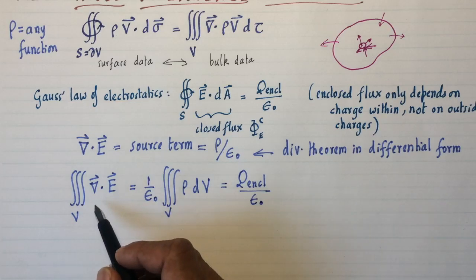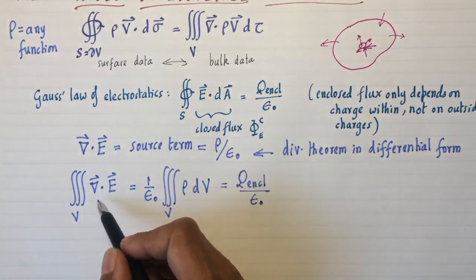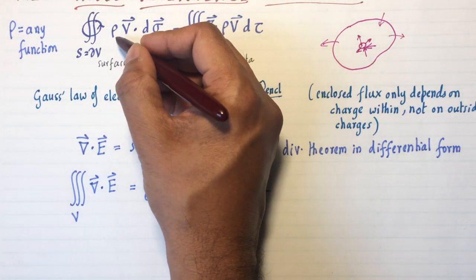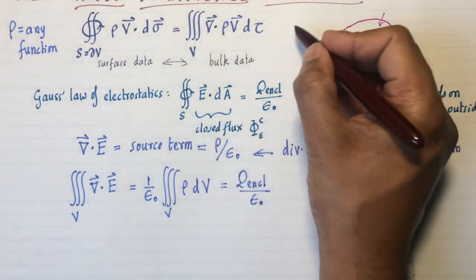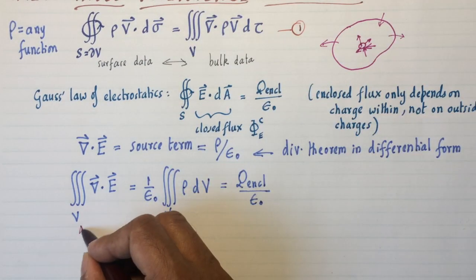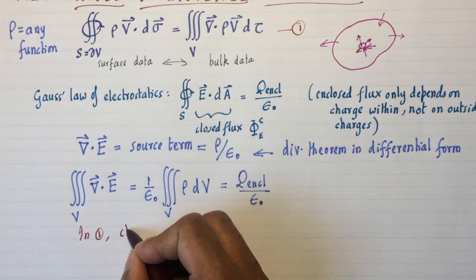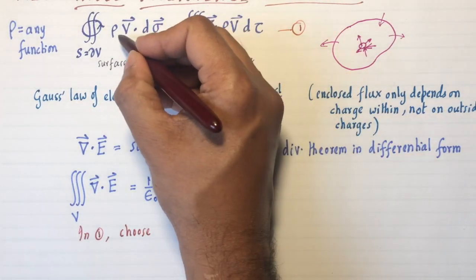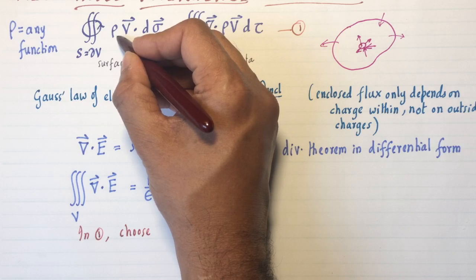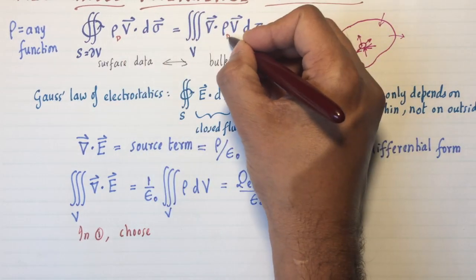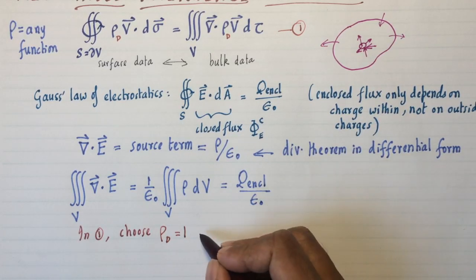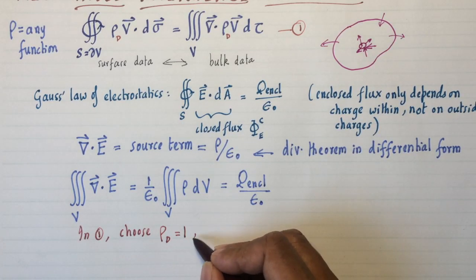What about the left hand side? This looks very different than that. Well, that's where you use the divergence theorem of Gauss as stated here. Now I'm going to choose my density function. So let me call this theorem 1. So in 1, choose the density function rho. So maybe I should call this something here. I'll call this rho d, so choose rho d equals 1,